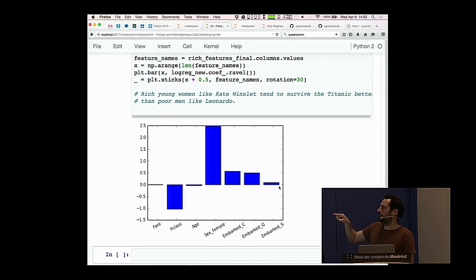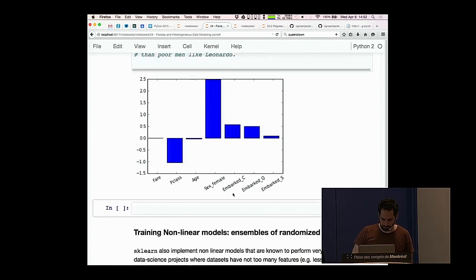Be careful here that we did not normalize the data. So the absolute values of those weights don't mean anything. So you cannot compare, for instance, age and a port, because age is in years and port is 0 and 1. Anyway,